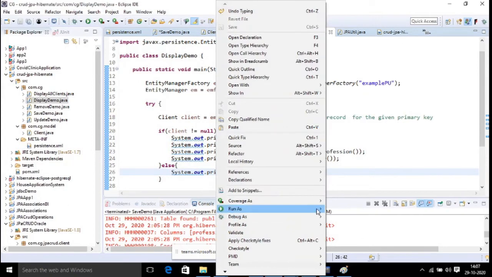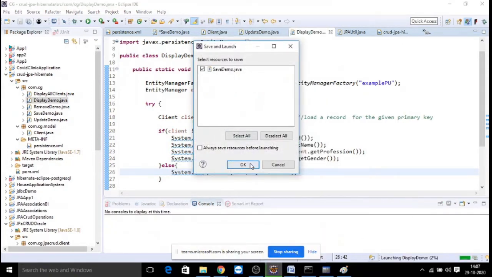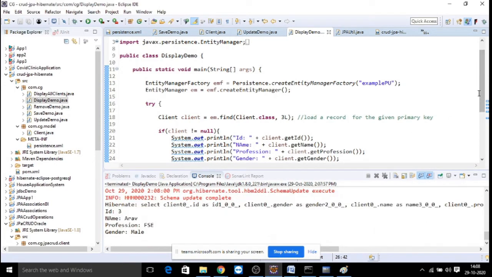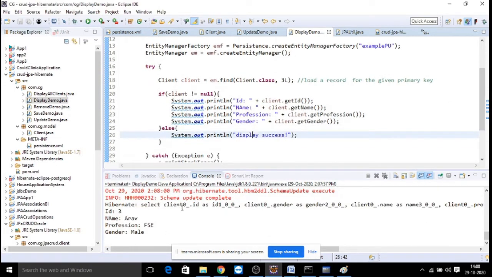So whenever you need to load a particular object, go for a find method. Further, you can use queries, but initially you practice with this. When we are loading, the select query is executed internally. Whenever you say find, it is going to load with a select query.